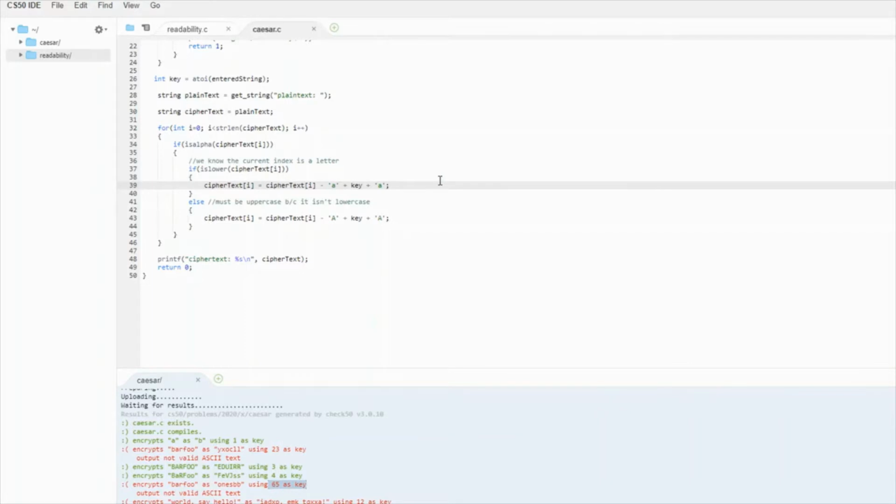So to fix this, we talked about this earlier, we just want to take this number before we add back the little a, and we just want to modulus 26. So now anything above 26 will get moved down to be less than 26, because there's only 26 letters in the alphabet.